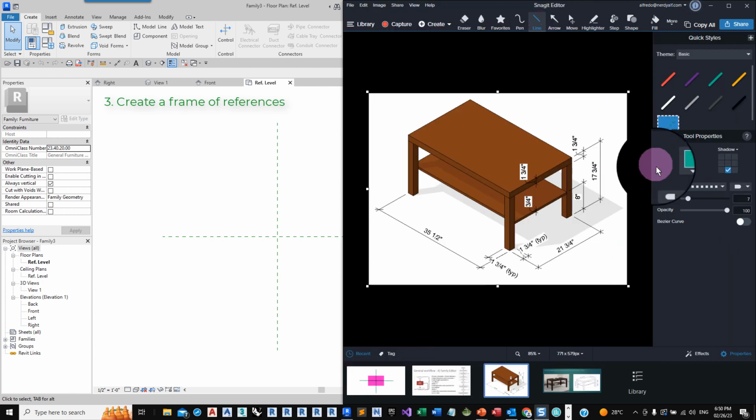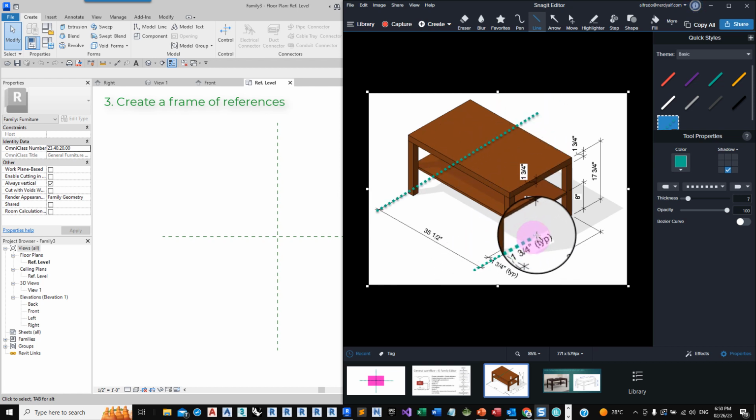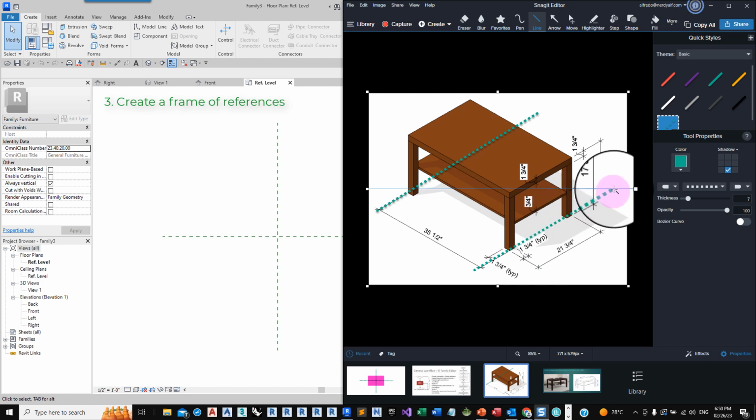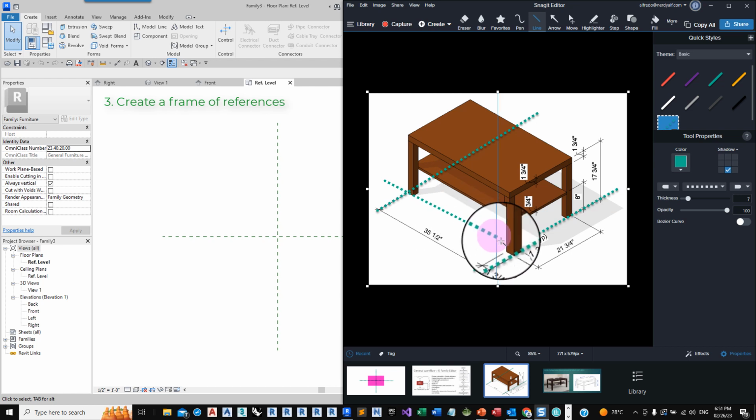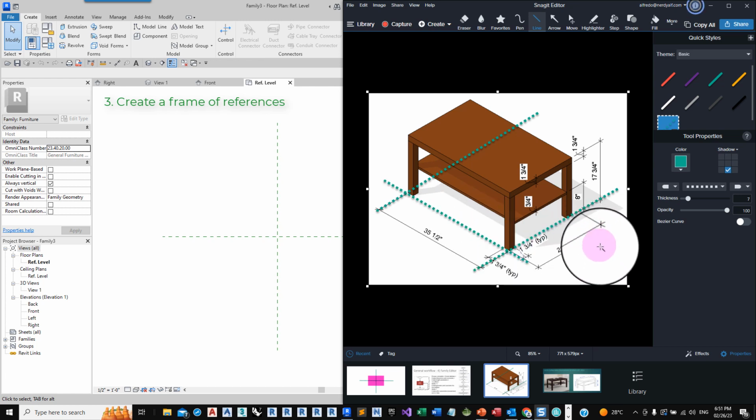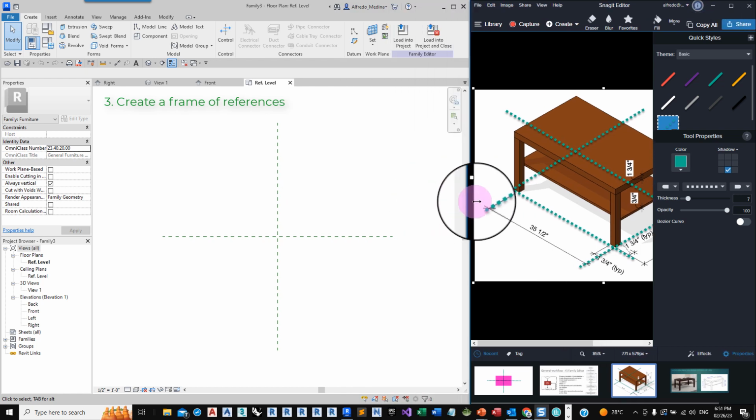For example, we need one reference plane here, another one over here, and another one here, and another one here. This will control the width and depth of the family. So let's do that.